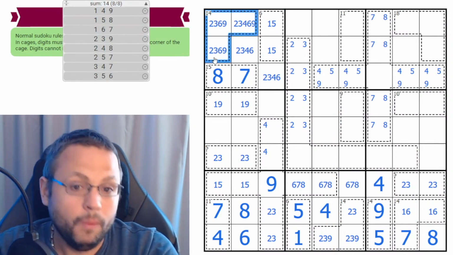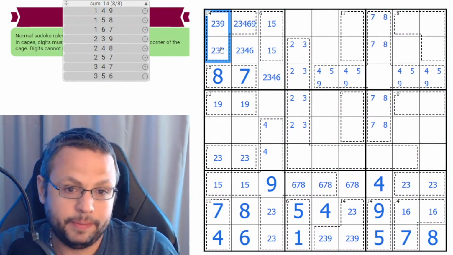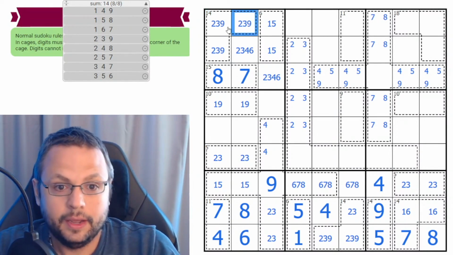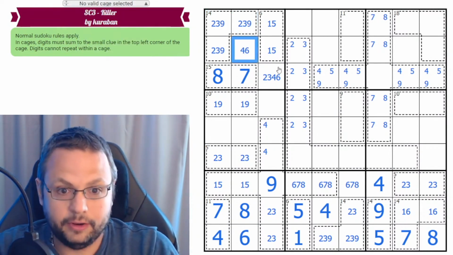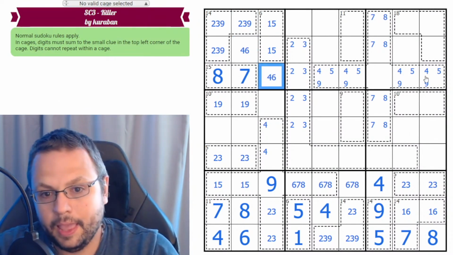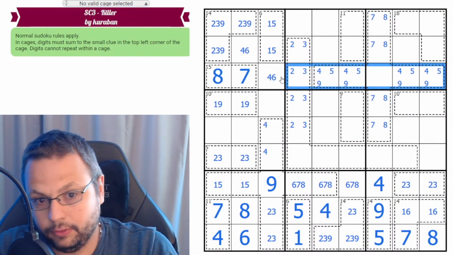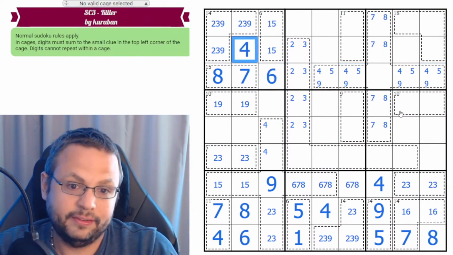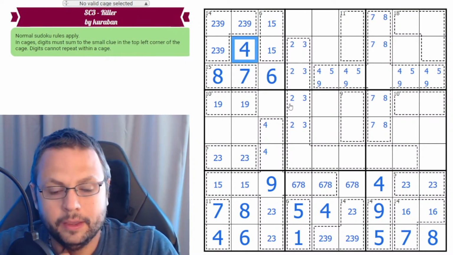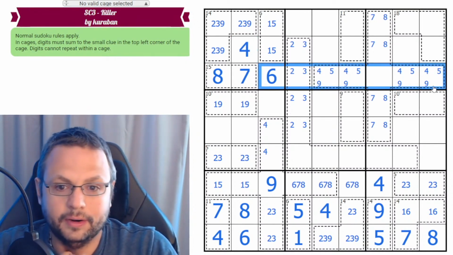So the 9 is always up here in the 14 cage, which means that it's joined by a 2 and a 3. So these are not 2, 3. So this has to be 4, 6. I know, however, that the 4 in this propeller is horizontal, so that's not a 4. So that's a 6 and a 4. Okay, that's cool. Okay, so now the 6 in the propeller I know is